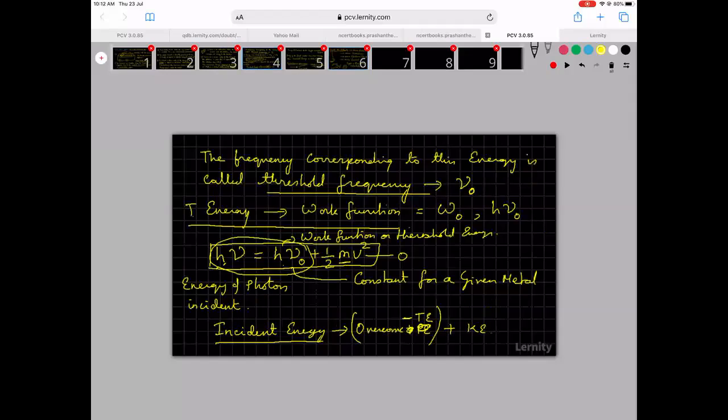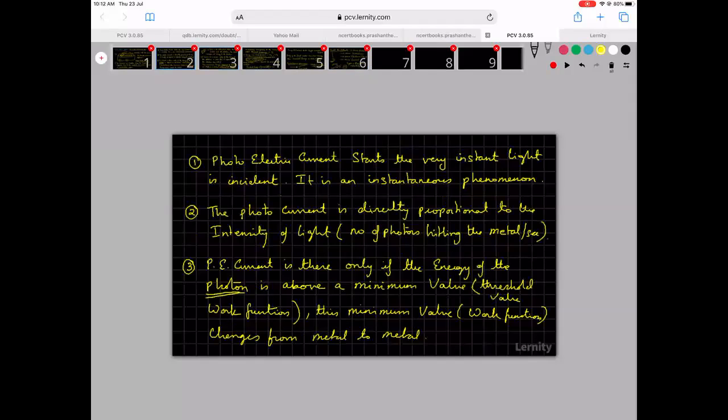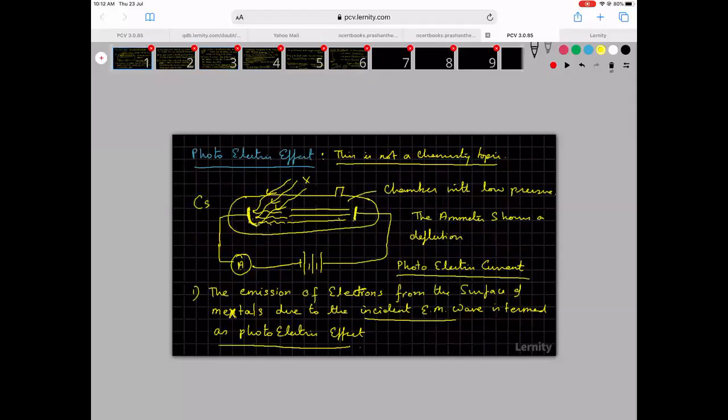I am showing you the slides once again. So here is the diagram of the photoelectric effect. There is an evacuated chamber, not fully evacuated, but with low gas. Then you have a metal surface here. Mostly you choose cesium or rubidium. You can choose potassium also. But as you come up the periodic table, the energy will only increase because the outer electron is now coming closer to the nucleus. So when you make light incident on it, the very instant you do, the ammeter shows a deflection. So what is happening?